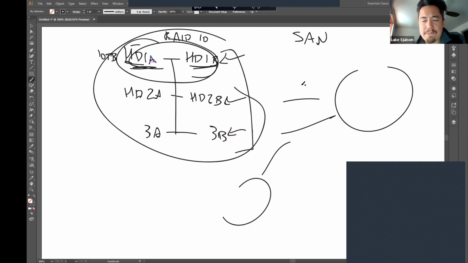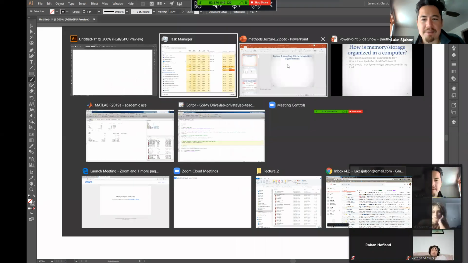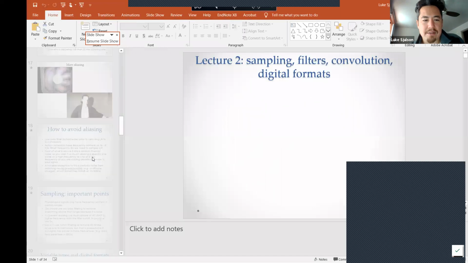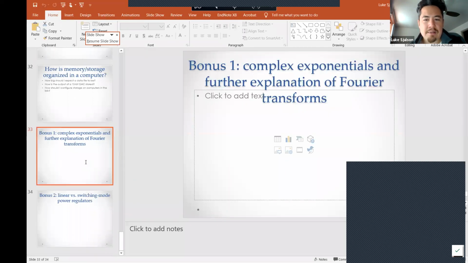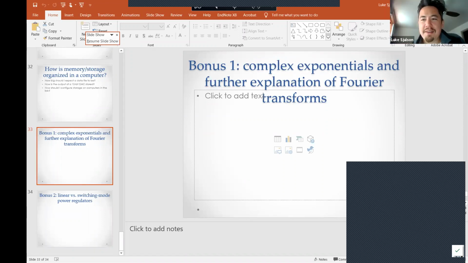All right, so let's talk a little bit about how you would configure a system for data acquisition. Oh, we're actually almost out of time. So we could talk about how to configure a system for data acquisition. 5 minutes. Do you want to talk about complex exponentials? Do you want to talk about linear versus switching mode power regulators? Or do you want to talk about how to configure a system for data acquisition? How to configure a system. Yeah. Okay, that's kind of what I thought you wanted to talk about. All right, so